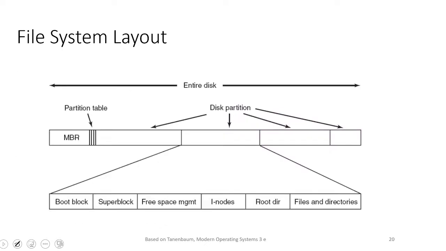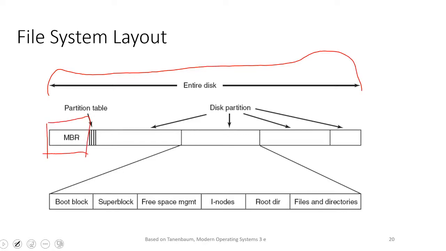In a typical file system, if we take the entire disk as a whole, we may have what is called a master boot record. When a system is booting, the BIOS will load this boot record. Then we may have a partition table partitioning a particular disk, and then a number of disk partitions. Inside a single disk partition, we will have the boot block, which is where the root directory and that information are going to be stored.